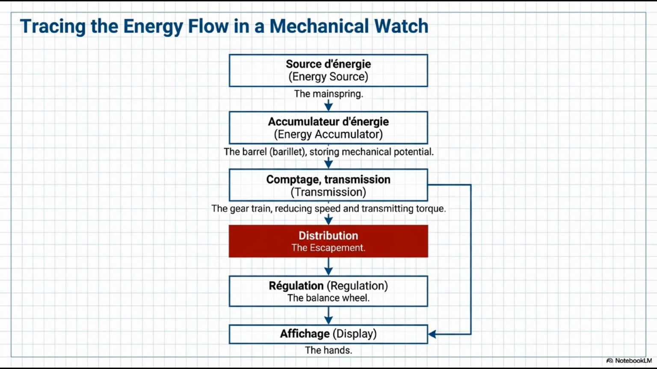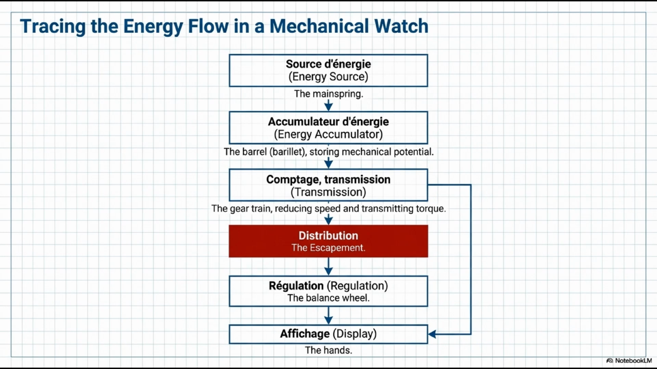Stage 6, the display, affichage, hands, digital indicators, complications. The escapement sits right at the most mechanically demanding point in this chain. It must both stop the gear train completely between beats, and drive the balance wheel during each beat. These are contradictory mechanical demands, and reconciling them with minimum disturbance to the oscillator is the central challenge of escapement